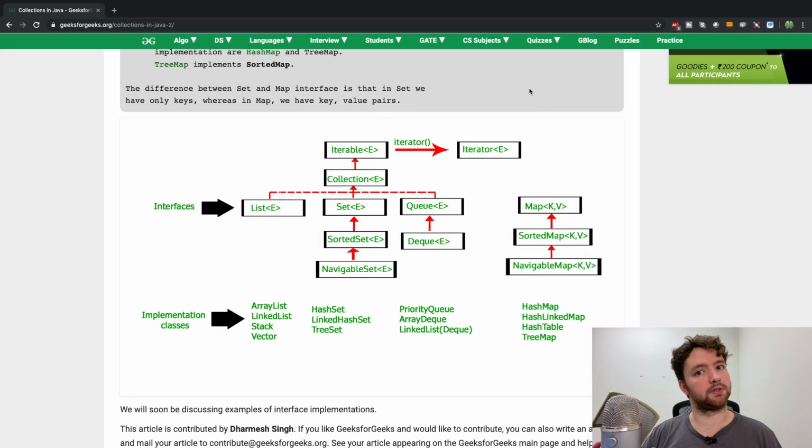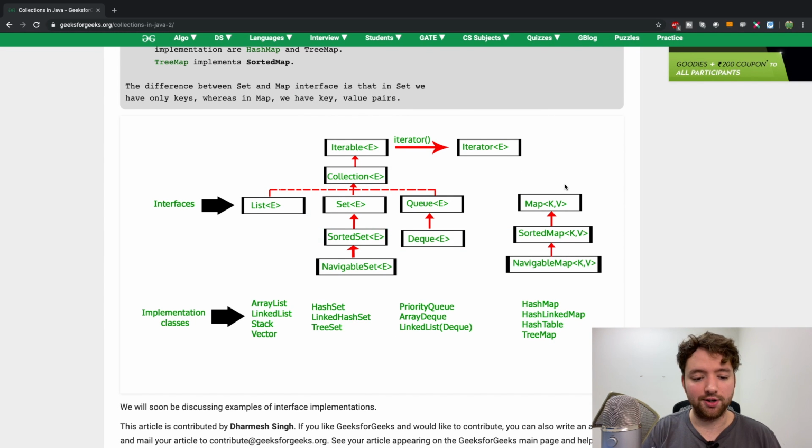These are the interfaces that the collections in Java are going to implement. Notice how Map is kind of over here by itself, which correlates to what I was just saying from the Java documentation, how they're not true collections, but they're similar in nature. I guess we'll figure out a little bit more about why as we go on, but you can see there is a common